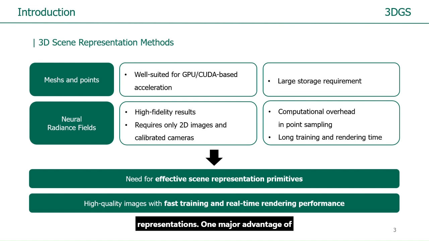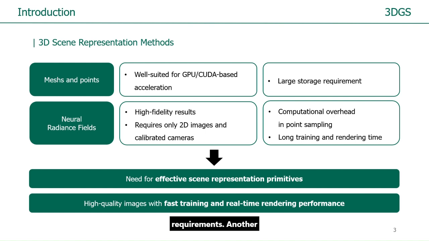One major advantage of this approach is that it is well suited for GPU and CUDA-based acceleration. However, because the method requires densely populating the 3D space with points where objects exist, it suffers from large storage